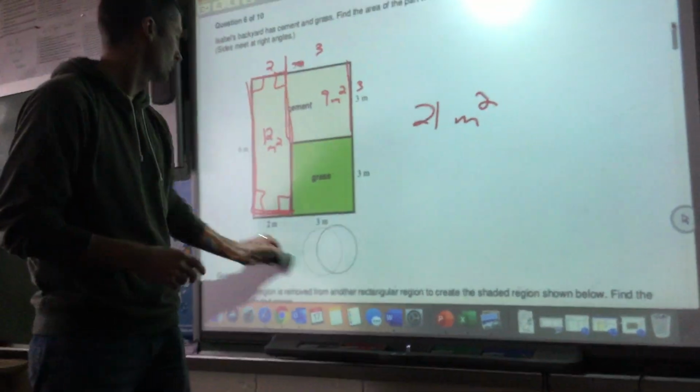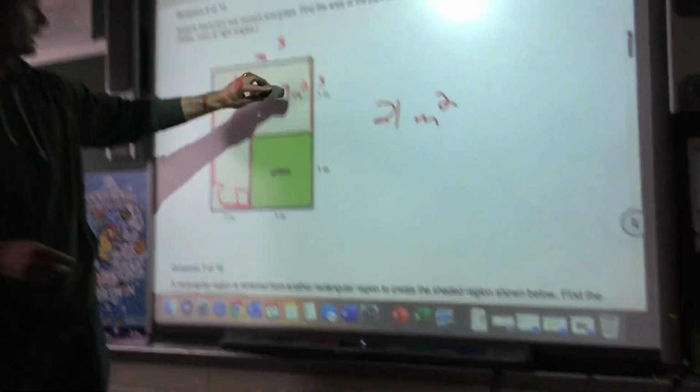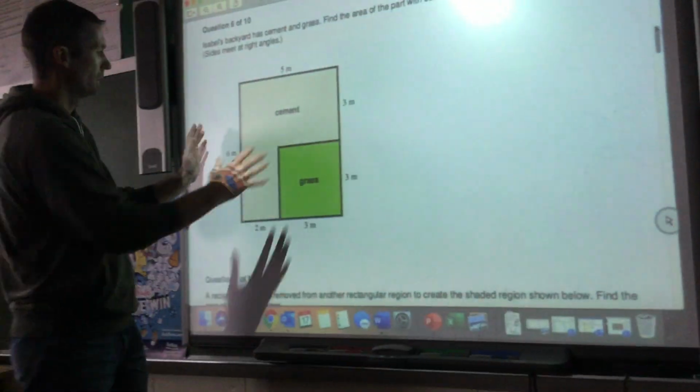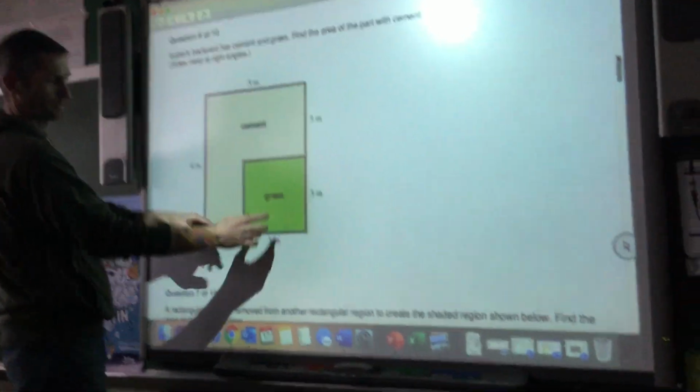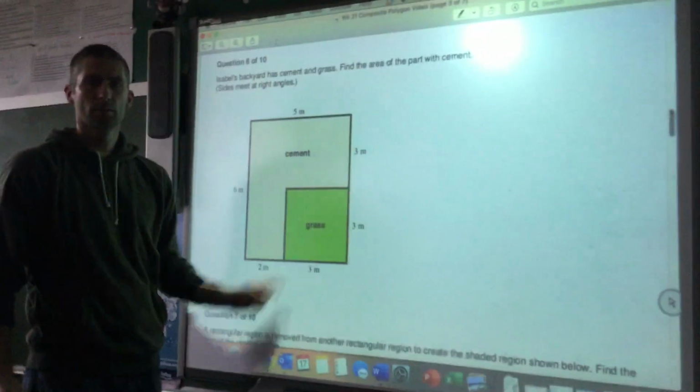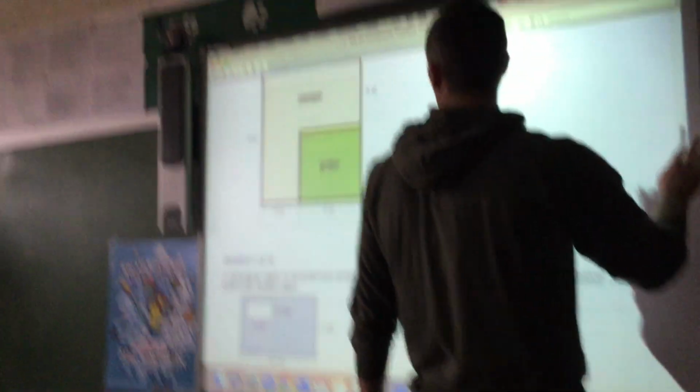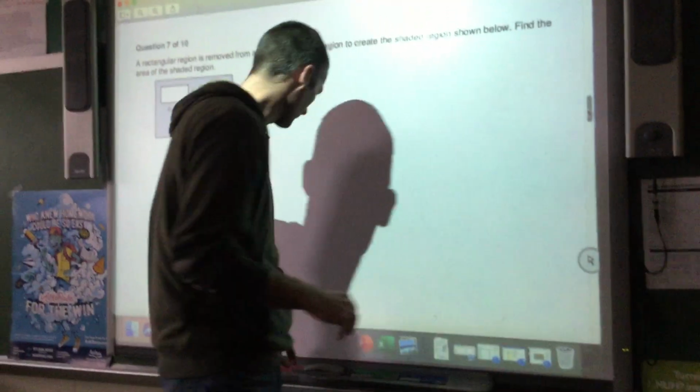Okay. If I was to do that one though, I would take the big rectangle, 30, minus the little one, 9, to get 21. Okay, here's one where you take the big